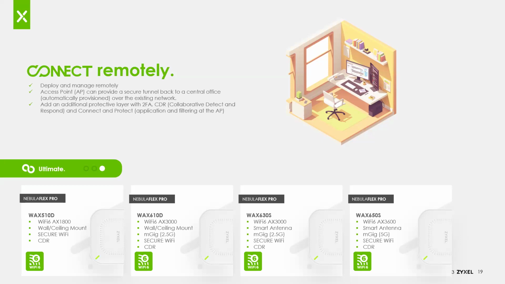So with this feature, this works with both Nebula and standalone, as long as you are using our security gateways. It allows you to create a secure VPN tunnel from the access point back to the office. There will be an SSID that you control through the cloud that grants that access. In order to connect to that SSID, you do need a username and password, which you control in the